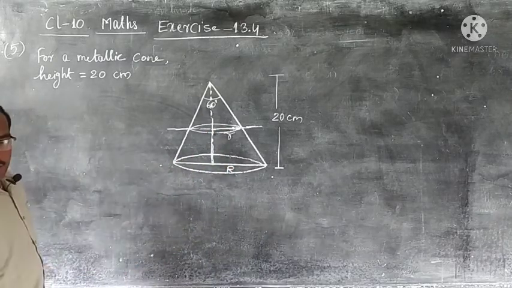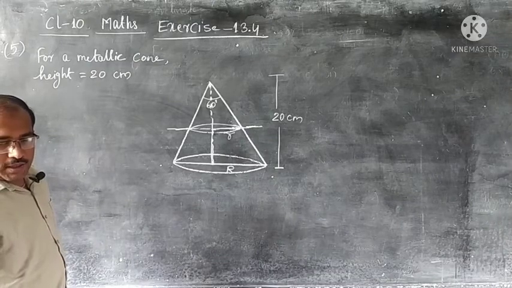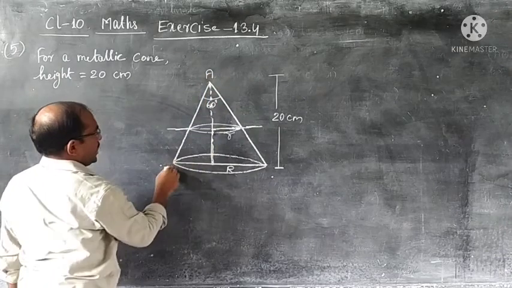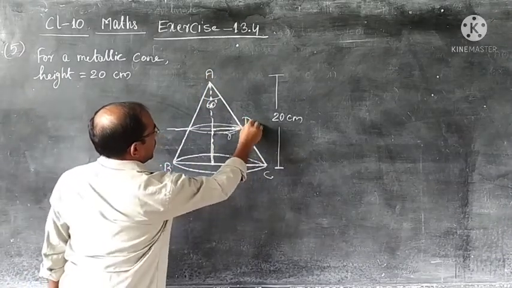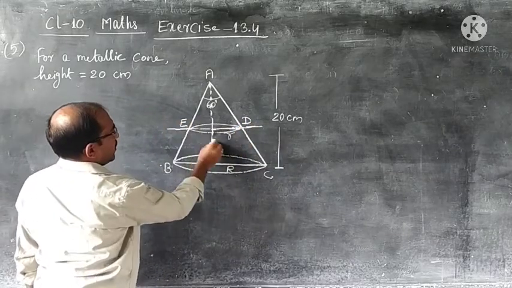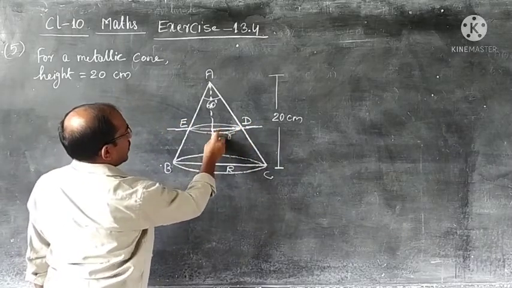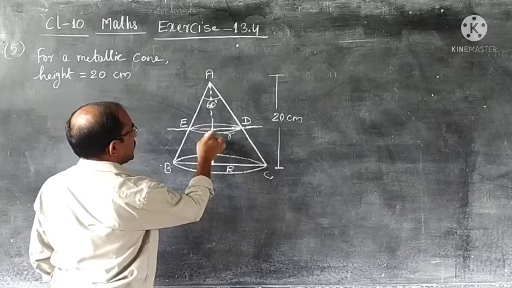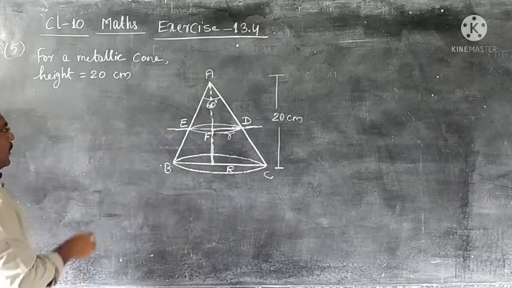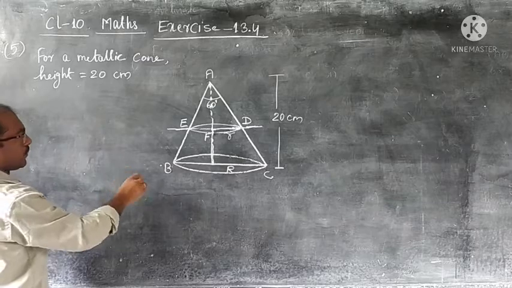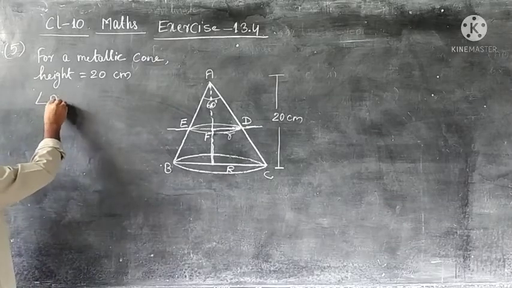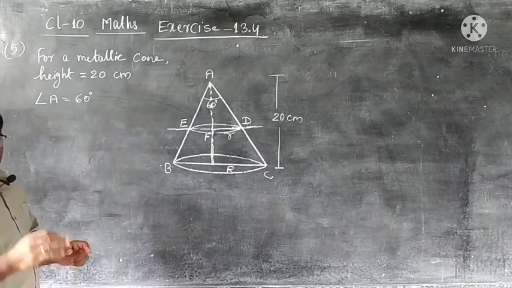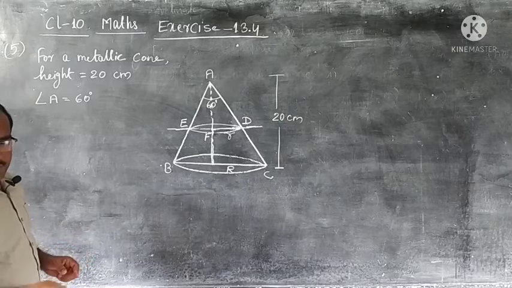First, what is the situation? The cone whose vertical angle is 60 is cut. It's okay, we can mention here. Let's give names to it: A, B, C. From here it is cut at D, E, and we can mention this as F, or P, Q, any name, it doesn't matter here. What we find, first of all, is angle A is given as 60 degrees, the vertical angle of the cone. Then this cone is cut at its middle, at half its height.